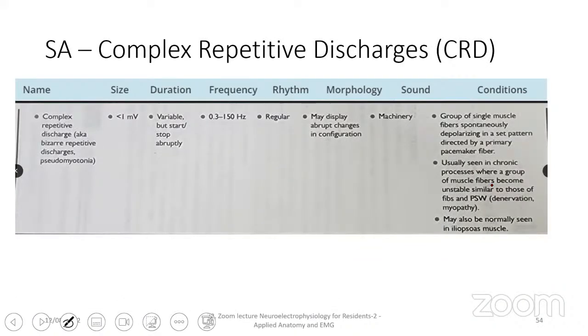Complex repetitive discharges, CRDs, are less than 1 millivolt, variable, but start and stop abruptly, up to 150 hertz. They are regular and may display abrupt changes in configuration. They sound like a machine. A group of single muscle fibers spontaneously depolarize in a set pattern directed by a primary pacemaker fiber. Usually seen in chronic processes where a group of muscle fibers becomes unstable, similar to those of fibs and positive sharp waves. These suggest denervation, and they can also be seen in